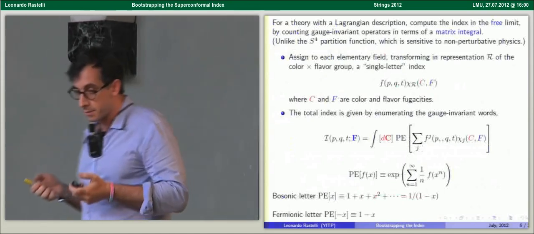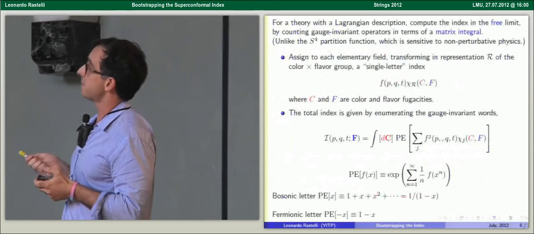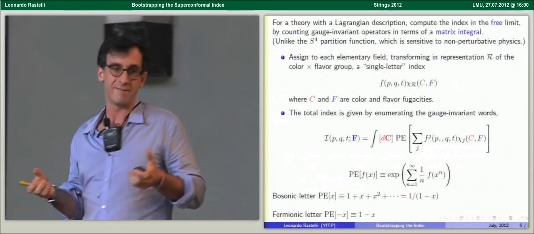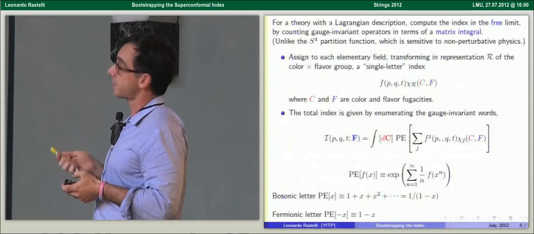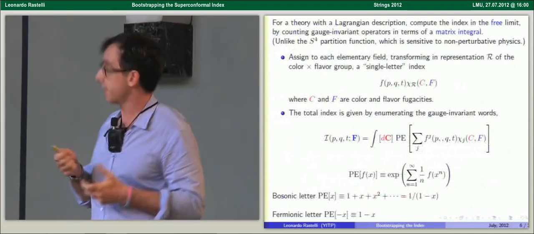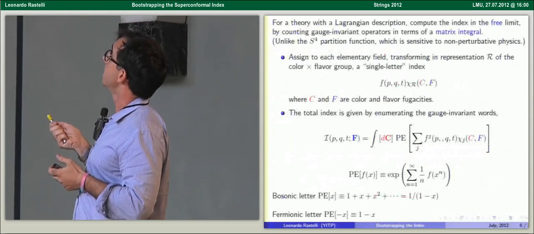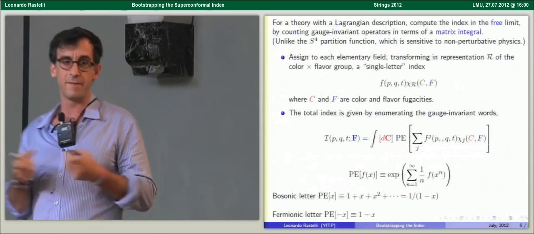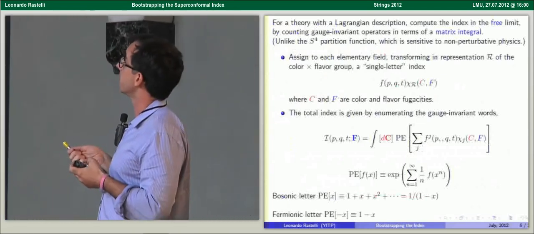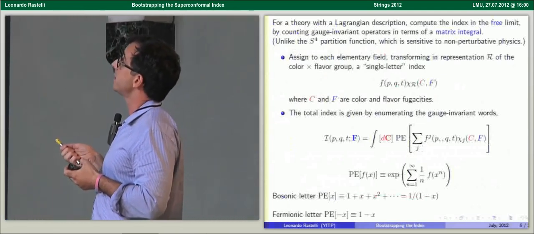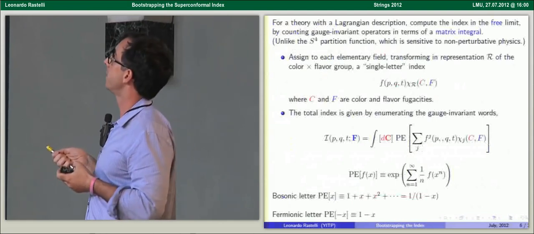Now, in this brand new world of theories that come from 6 dimensions, the generic theory will not have a weakly coupled Lagrangian description. But suppose that you look at one theory that does have a Lagrangian description, then computing the index is very algorithmic, because the index does not depend on the couplings, so I may as well compute at weak coupling, at 0 coupling in fact, by simply counting the protected states, and I'm guaranteed to get a result that is independent of the coupling.